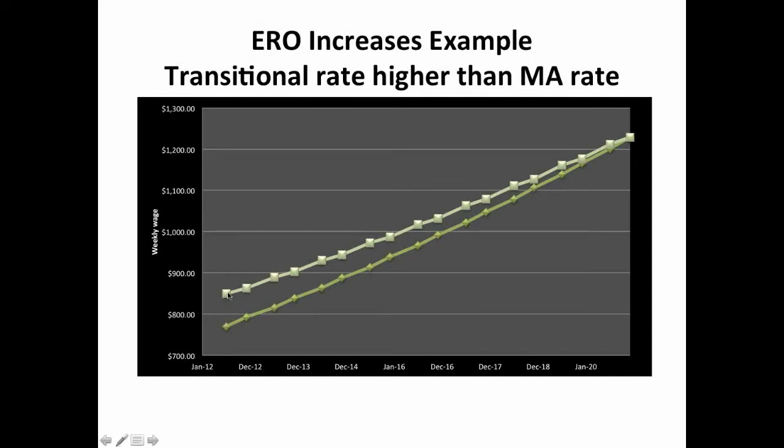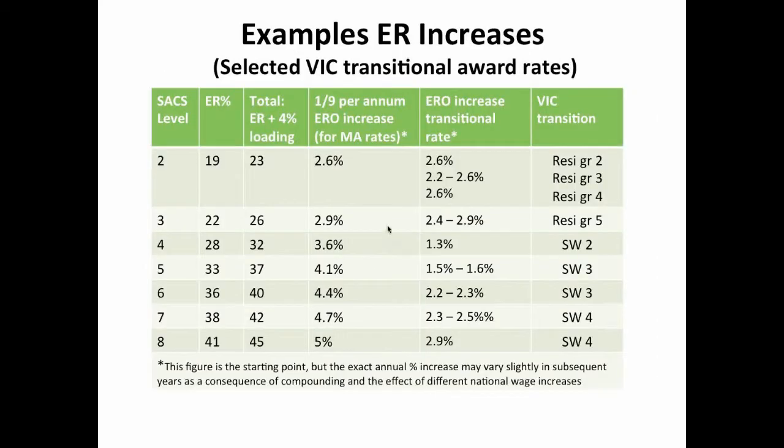This, as you can see, is the old awards, and they start from a marginally higher base, and they continue to move up to the same rate come December 2020. It's just that they move at a slower proportionate rate to the modern award rates. So, for example, here in Victoria, we talked about the modern award will move at a level 2 by 2.3%, but a level 8 will move by 4.5%. And these are the percentages each year for the modern award rates to move, so between 2.6 to 5%.